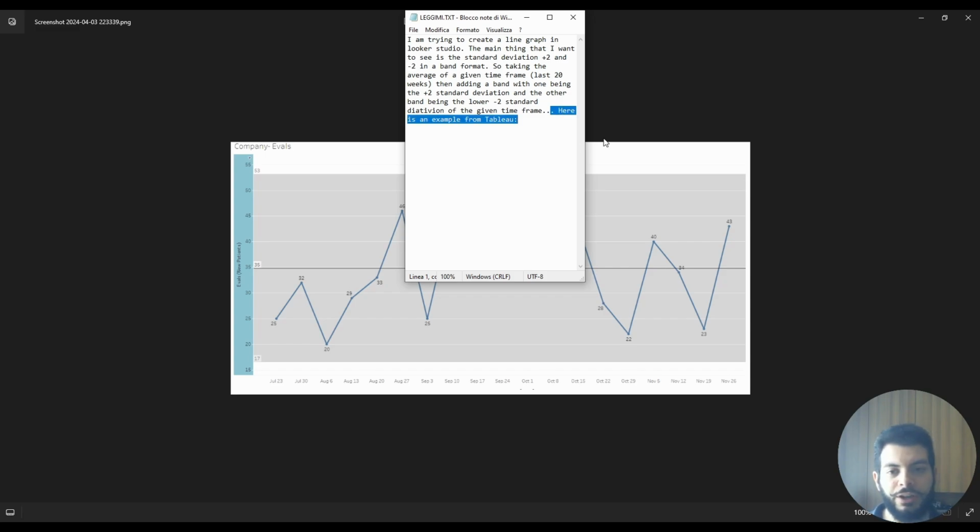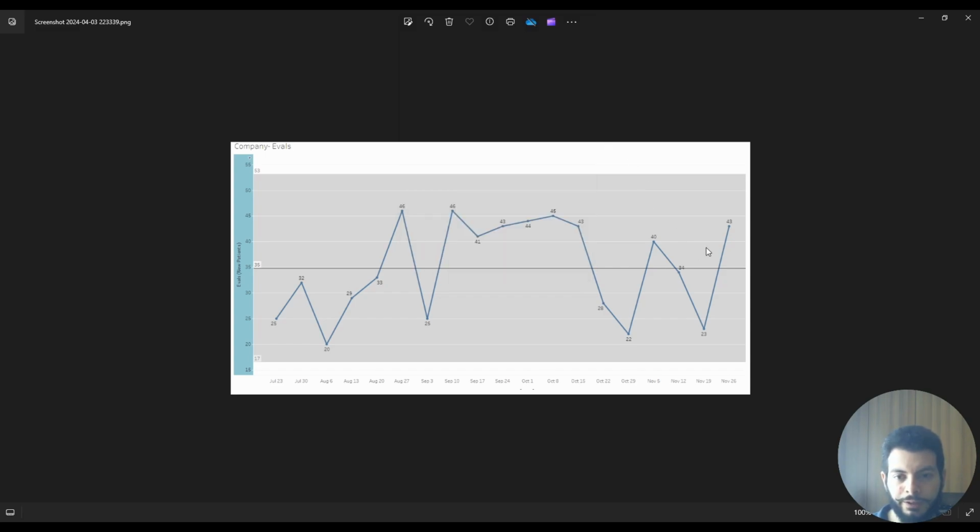They offer an example from Tableau, and here you see the mean and here the bands, and you notice that no point surpasses those two bands. This is the problematic area if we deal with costs. So we can call this process that involves cost in control. But how can you replicate this on Tableau?